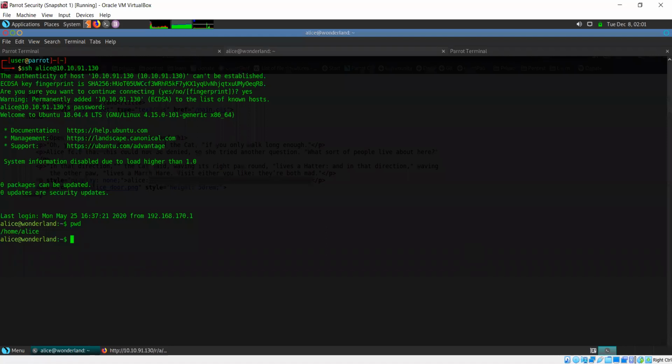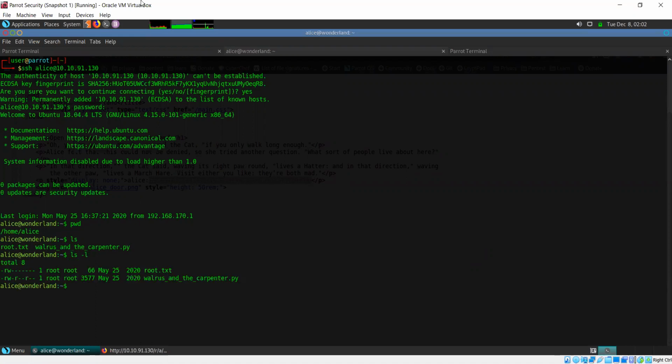So let's see what kind of files we have. There are two files, root.txt and there's this Python script named Walrus and the Carpenter.